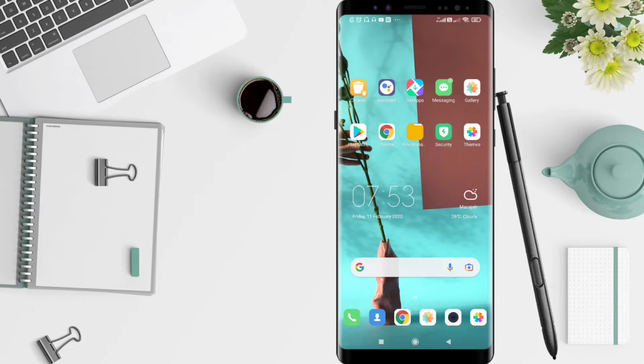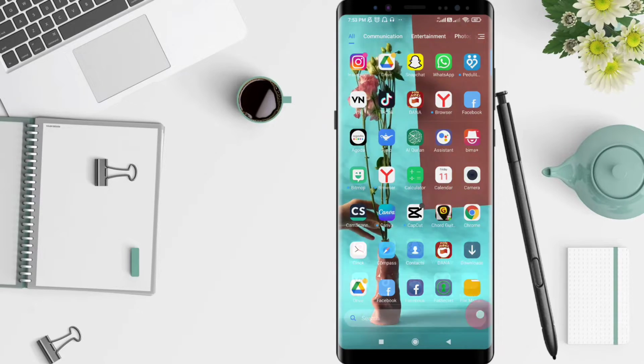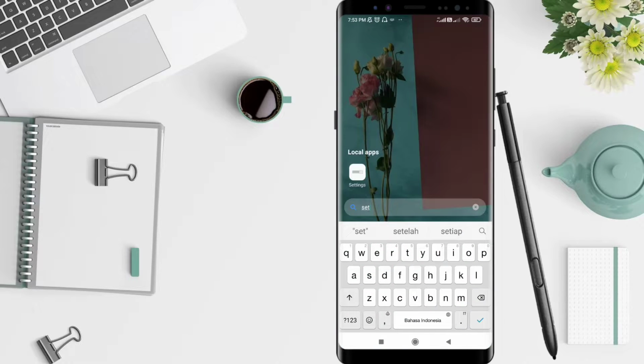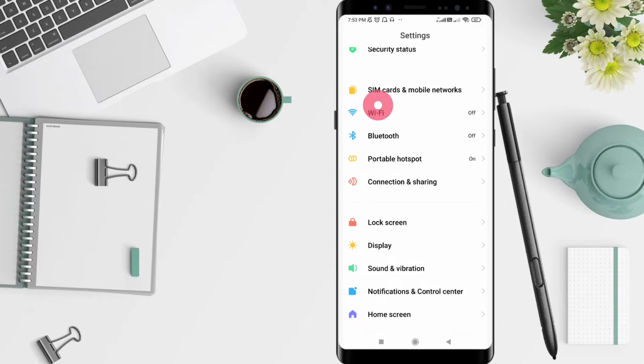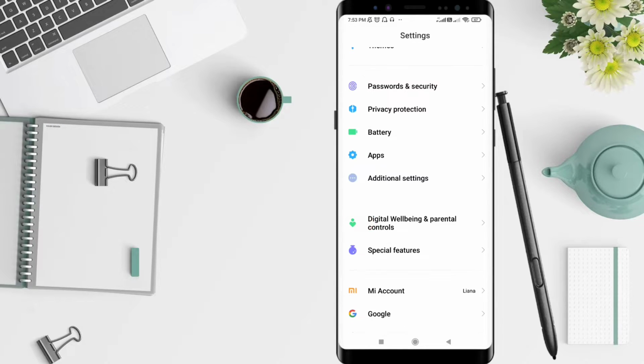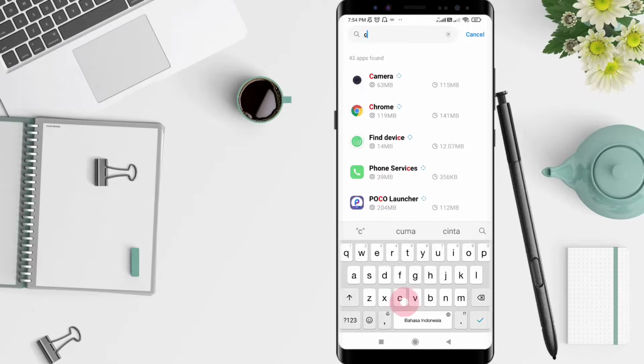And let's start it. First we go to the settings here. You can click the settings. Click on. You scroll down until you find apps. Click on the apps and you can click the manage app. Search for Chrome